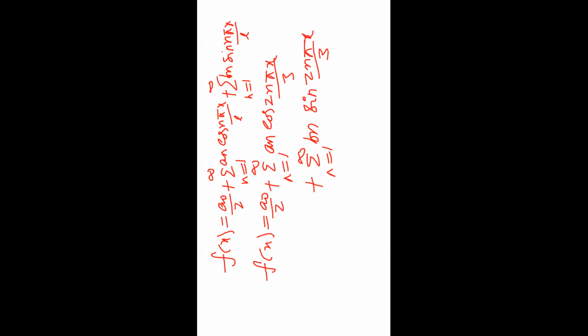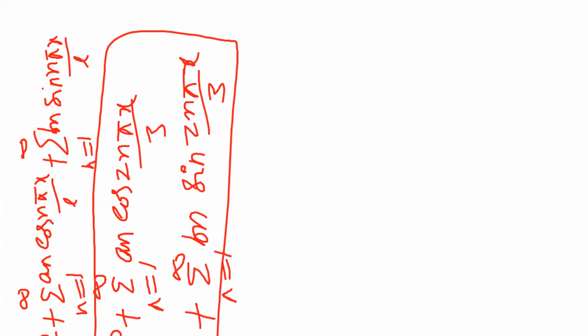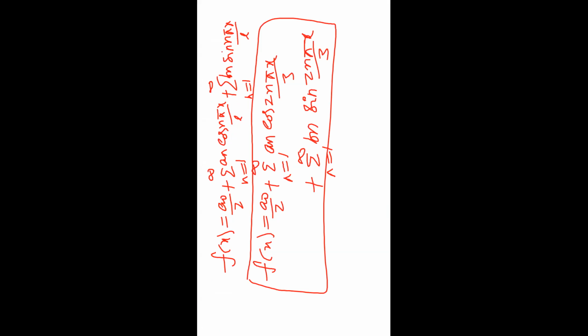This is the formula of change of interval, and also we write a naught, an and bn with the L value 3 by 2. So the formula is converted into the change of interval, and we expand it one by one. First a naught. A naught is generally 1 by pi integral c to c plus 2l f of x dx. Here L equal to 3 by 2.